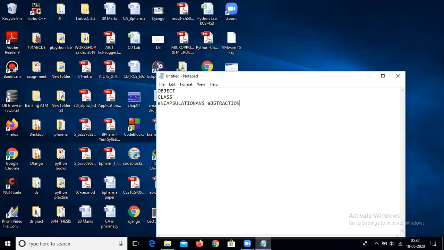Encapsulation means what type of information you want to hide from the outside world. Suppose you have something and you want to hide it from the world. You have to show something to the world, but not the implementation details.